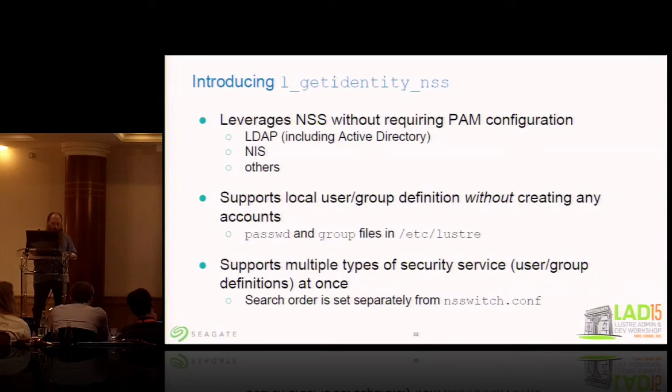So we looked at that a little while back and said, well, maybe there's another way to do it. And so we looked at creating a new utility similar to getidentity, but it's based on NSS. So we want to use the benefits of NSS configuration, where the accounts exist externally from the local nodes. So LDAP, including Active Directory support, NIS, and really anything else that has an NSS plugin, because NSS and PAM